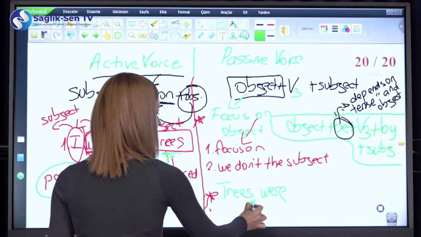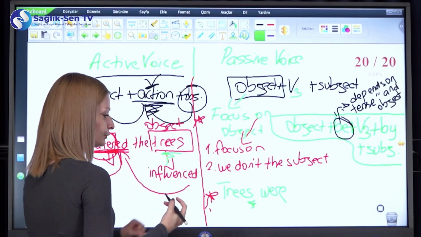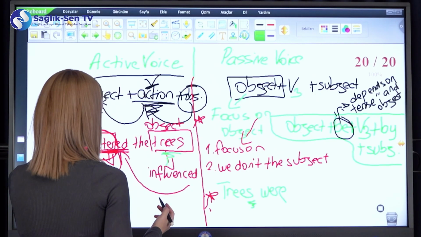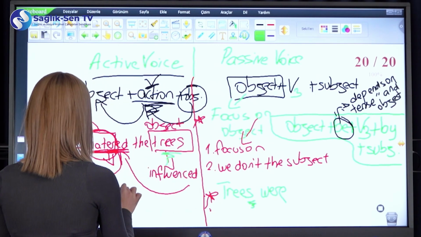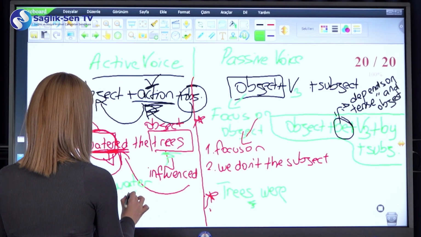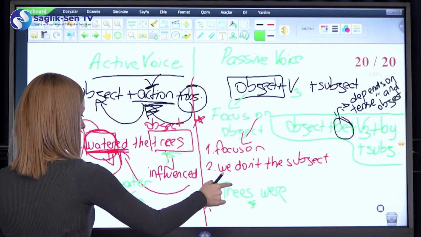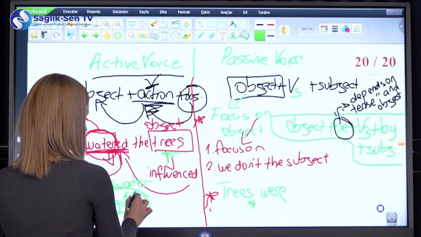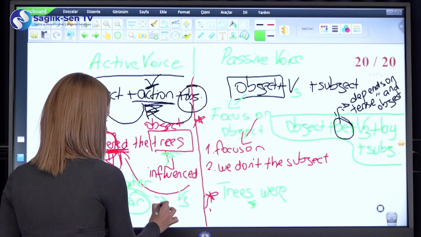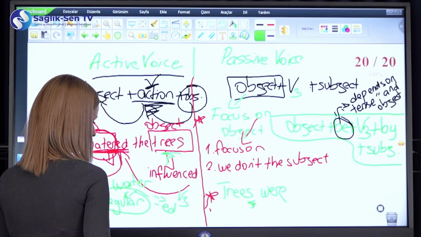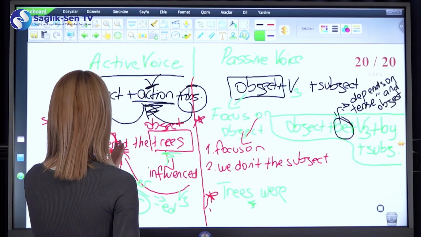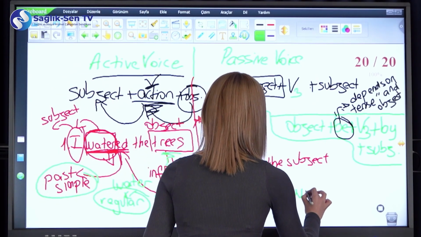If it was singular, I would use was. Water is a regular verb. And to make verb 3, I only add ed at the end of it. The trees were watered